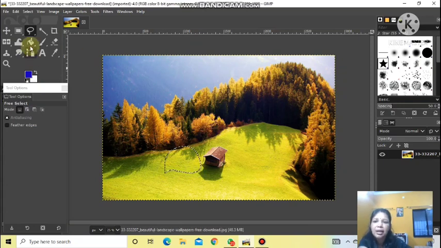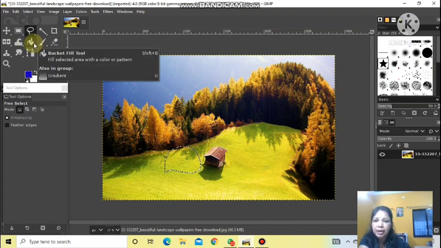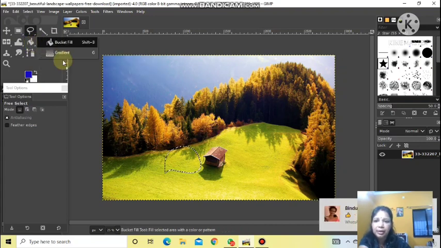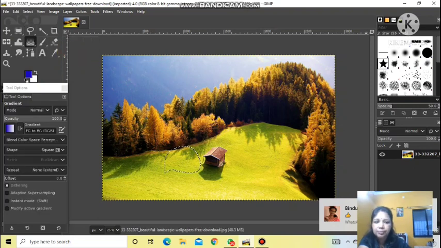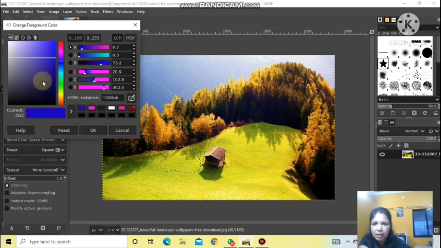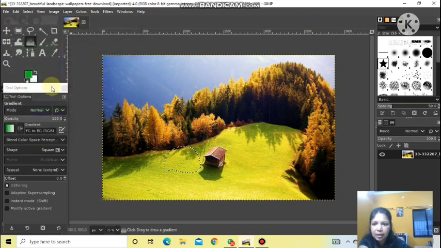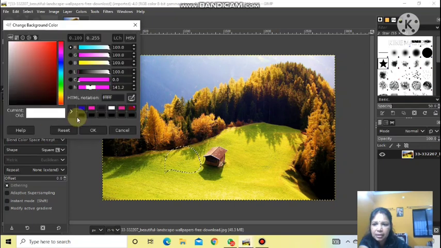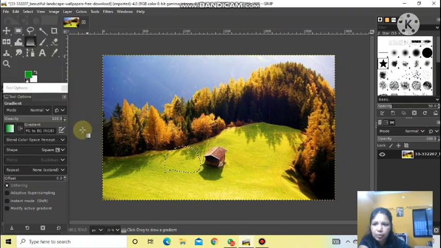It is selected. Now where you had selected the paint bucket fill tool, right click there and you will get gradient. Choose gradient, and see which colors, white and blue, are there. I don't want this, I want some other color. So I can choose green, and instead of white, some other color which you want, like yellow.